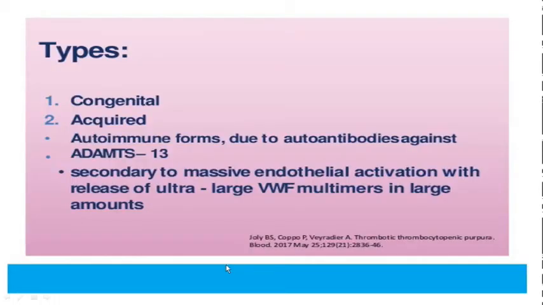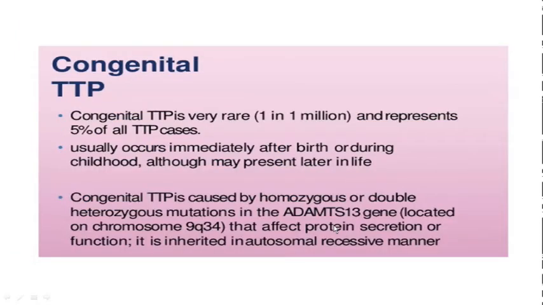So TTP can be congenital or acquired. In the acquired form you have the autoimmune form, where autoantibodies against ADAMTS13 are found, and there is massive endothelial activation with the release of ultra-large von Willebrand multimers in large amounts. The congenital type is very rare, and it usually manifests immediately after birth or during childhood. It is a homozygous or double heterozygous mutation in the ADAMTS13 gene,